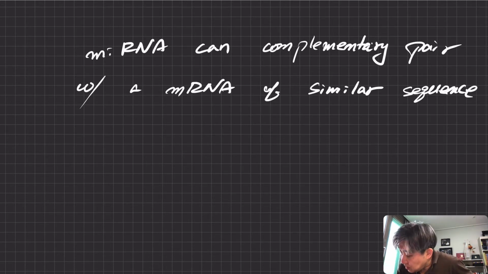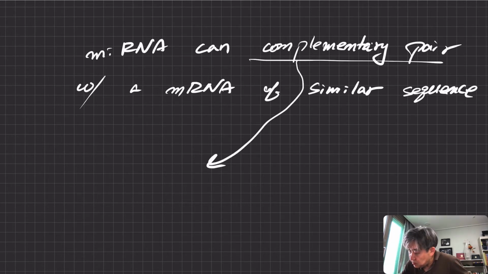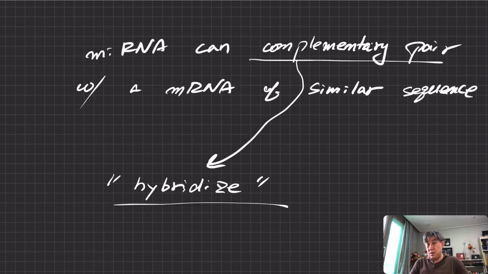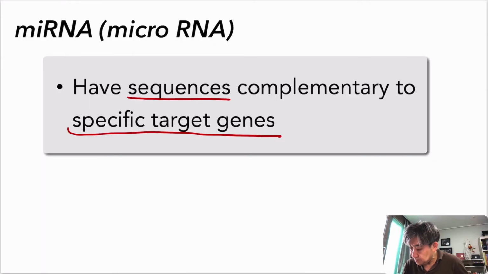So this complementary pairing, another way of describing it, is called hybridize. And that's the basis of this. So it has a sequence complementarity to specific target genes, and that target gene, by virtue of that specific target gene,